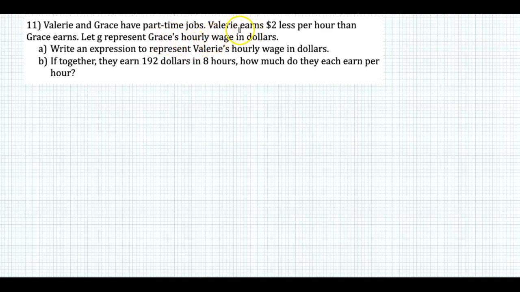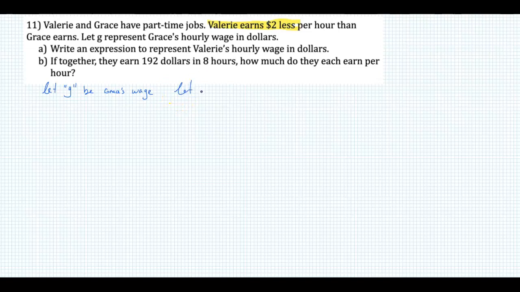Okay. So, I guess the main thing we know here is that Valerie earns $2 less per hour. And if G represents the amount that Grace earns, let's just go ahead and write that down. So let G be Grace's wage. So if that's Grace's wage, and we know Valerie's wage is 2 less than that, then I can say